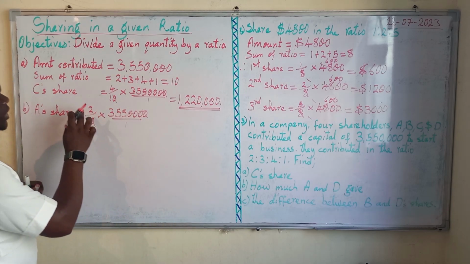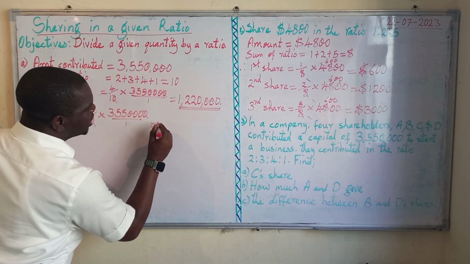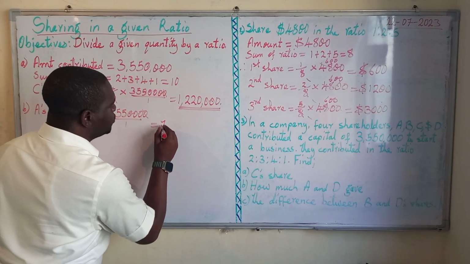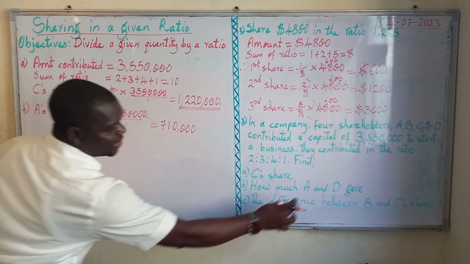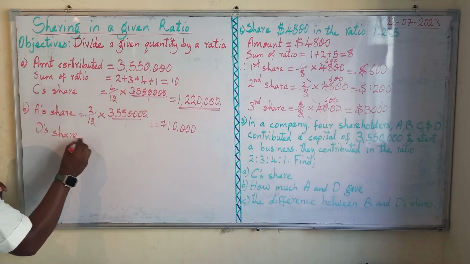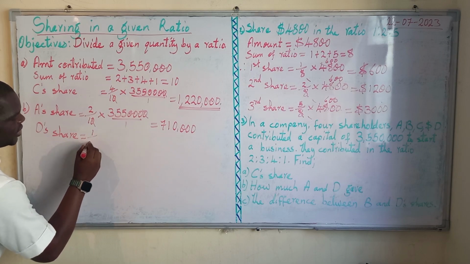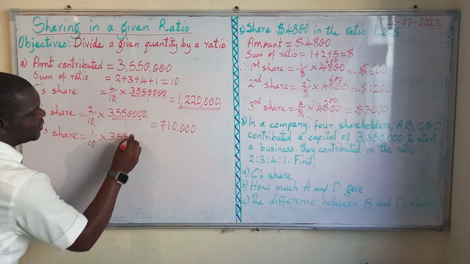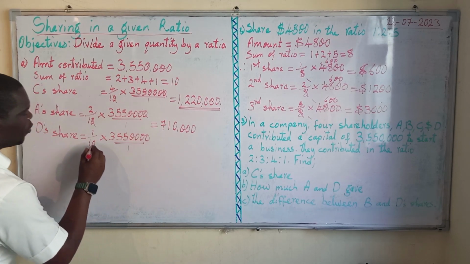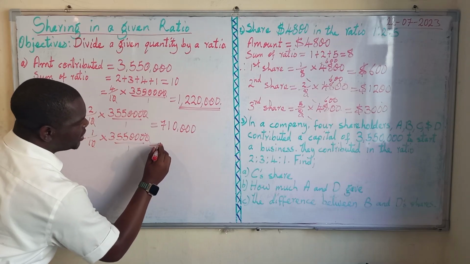And if you multiply 2 by 355,000, it's going to give us a total of 710,000. Then we should find D's share as well. Will be equal to, D here is 1. So we take 1/10 multiplied by 3,550,000 all over 1. This 0 will do away with this 0. And our answer at this level will be